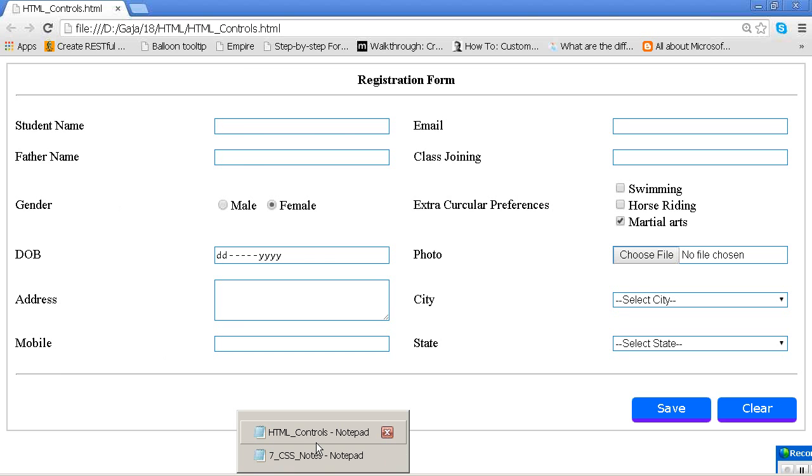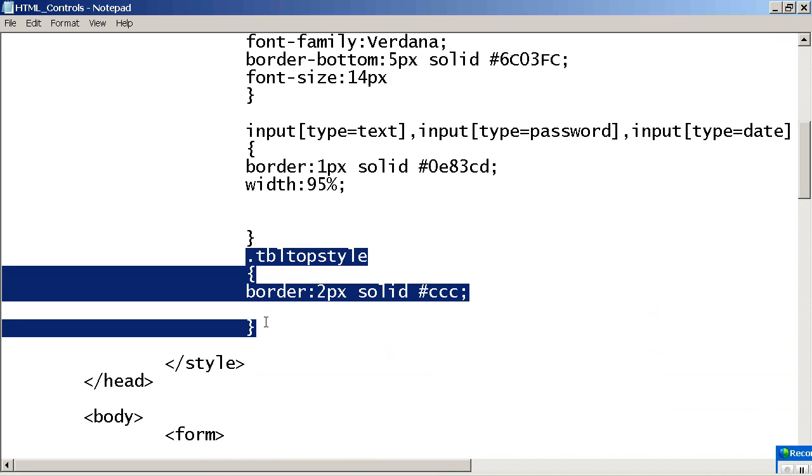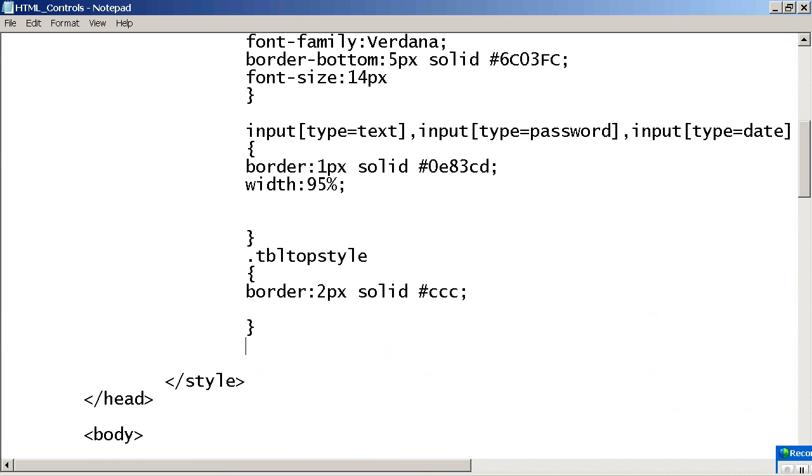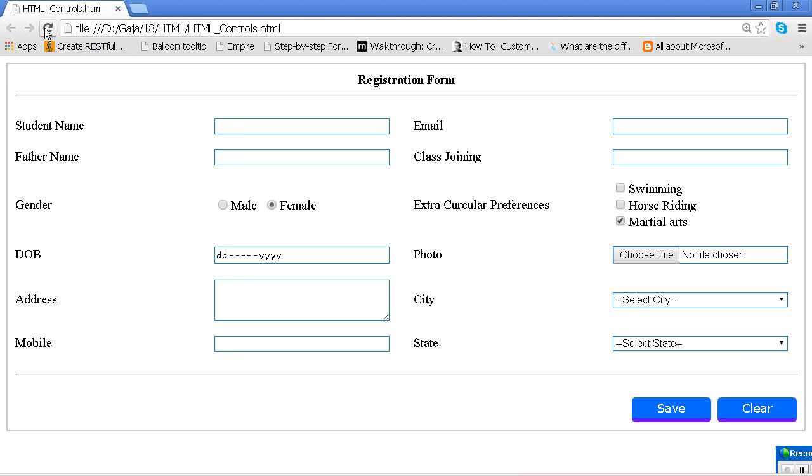Sorry, PD. Okay, in such a situation, if you want the same border style to apply to the inner PD, what you can do now is use space PD. What is the meaning of this? This style is going to affect the PD which is under it. It's very simple, I can say. I need not write my own class name again and again. With the same class name reference I can use this.